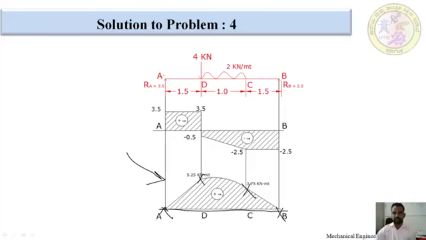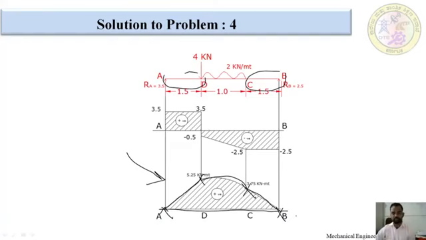There is no load between A and D point, so I am going to join with a straight line. Right. From D to C point we are having UDL, so I am going to draw a parabolic curve. This is the parabolic curve. We join the C and D points. This completes the bending moment diagram. Okay, up to here we would have understood this problem very well. This completes problem number 4.